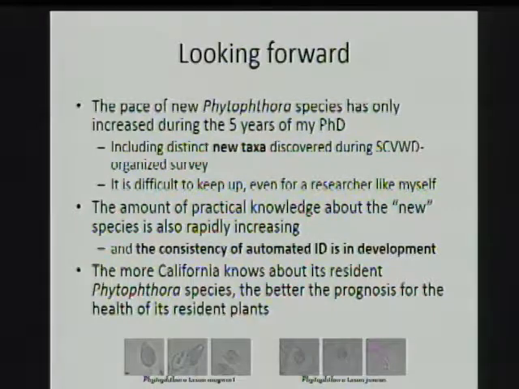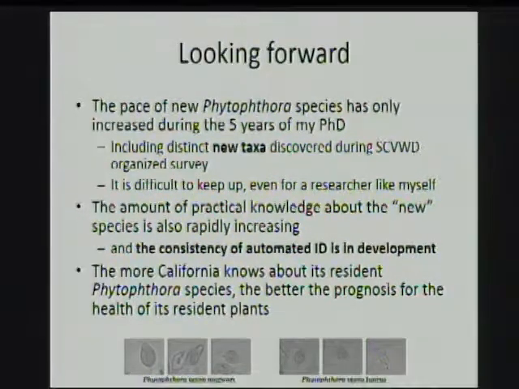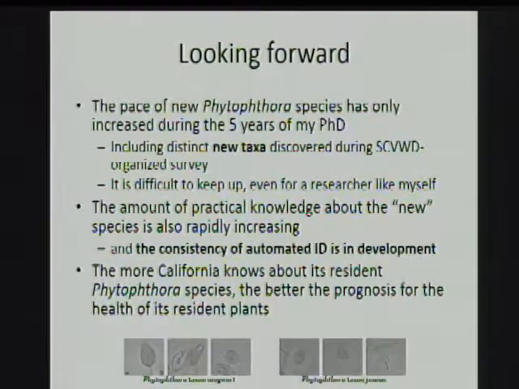Eventually, this is going to slow down. I don't know when it will be. I would say we probably have at least another 10 years of quite rapid new Phytophthora species, including, I'm going to describe at least 5 new species as planned for my dissertation, and that's just a fraction of what I have in my hands from various labs, and I work with the CDFA as well. We sort of consolidate our strains.